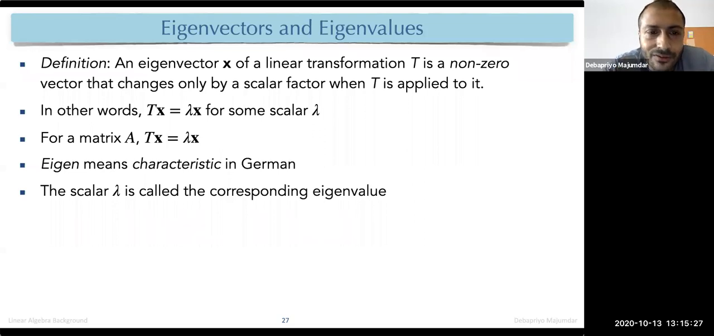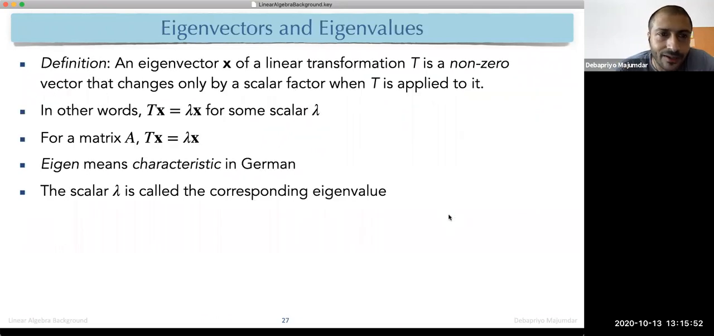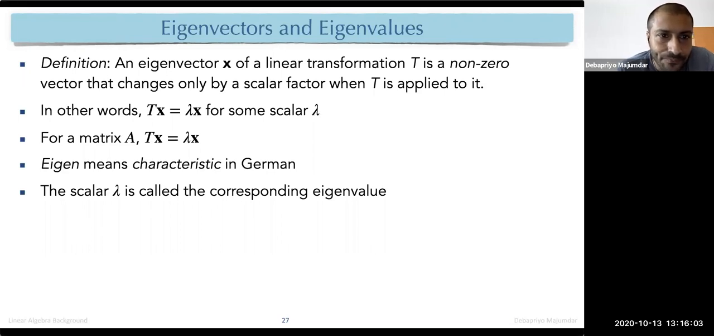So now we can come to the definition of eigenvectors and eigenvalue. An eigenvector of a linear transformation T is a non-zero vector that changes only by a scalar factor when T is applied to it. So that means in this case, what are the eigenvectors of this matrix? Well, any vector on the x-axis or any vector on the y-axis, right? Now, in other words, Tx, the transformation applied on x, is the same as lambda times x for some scalar lambda. So for a matrix A, we should write Ax equals lambda x,